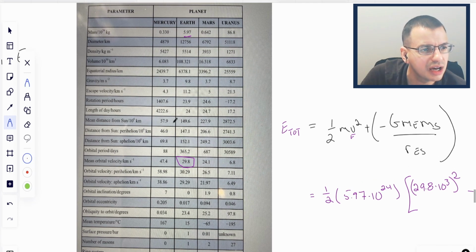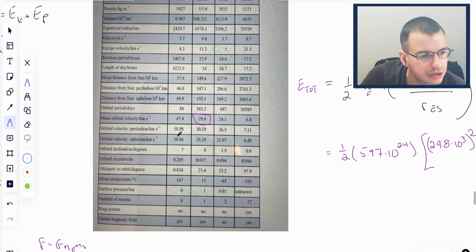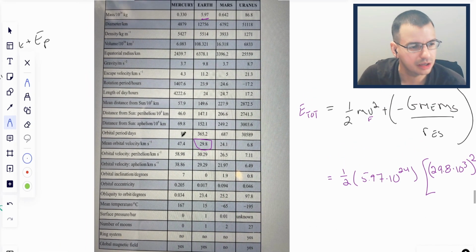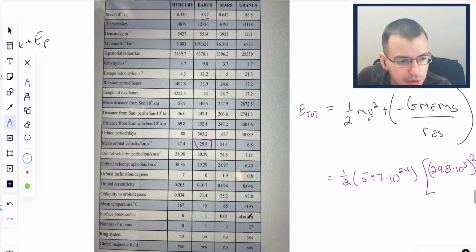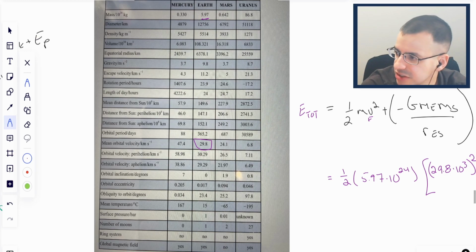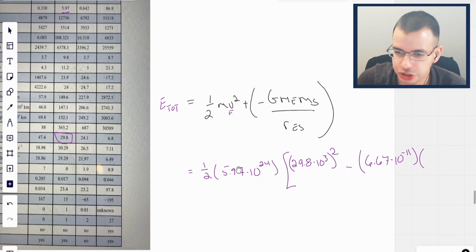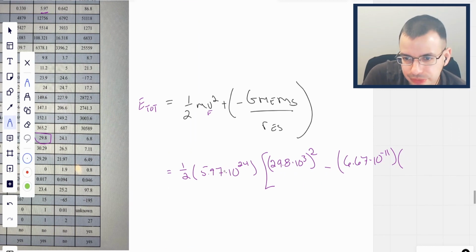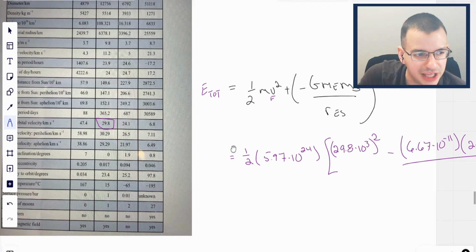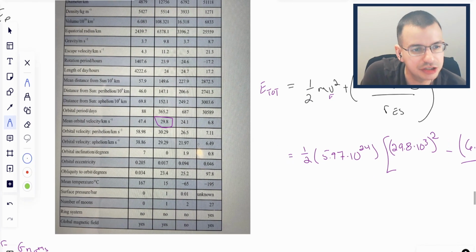Did they tell us the mass of the Sun? I have to look that up. How inconvenient. Let's go for it. Mass of the Sun, it's about, I'm going to call it 2 times 10 to the 30th, divided by the average distance, since I used the average velocity. Mean distance from the Sun,